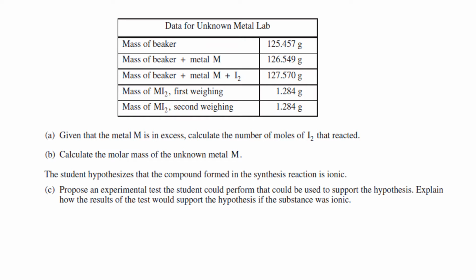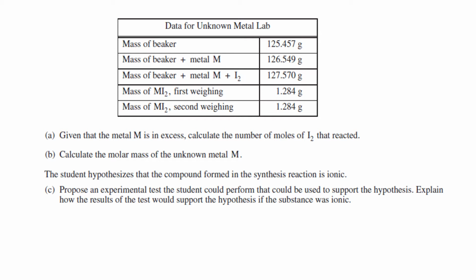Then they give us some information in our data table. They give us the mass of the beaker. That was the first step. The mass of the beaker plus the metal, that was the second step. This is the mass of the beaker plus the metal plus the iodine. That's the third step. And these are the last steps. This is the mass of our compound after heating it up. So we look for a consistent mass, no change, to know that we've heated off all the